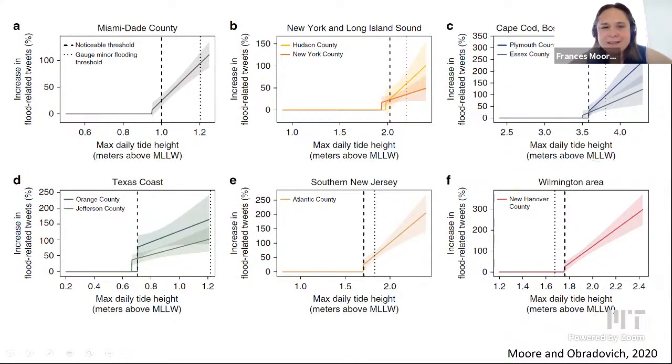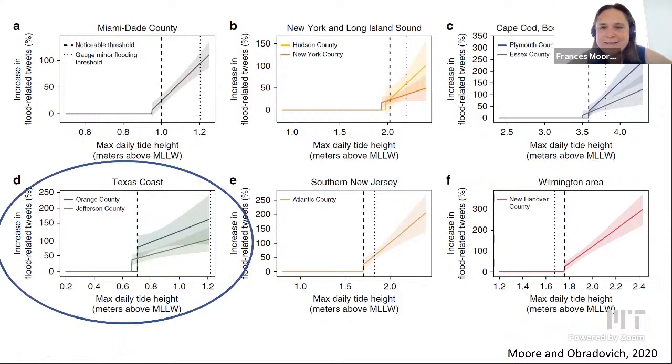The final case study that I want to talk about is the Texas coast example. What's interesting for these counties is that, again, we've pulled out a cluster, right? We've identified a couple of neighboring counties where we identify flooding happening frequently. And what's going on in these counties, at this tide gauge in our entire record, is there is never a tide height that exceeds the flooding threshold, right? You can see that the flood threshold sits outside this range, which is the observed range of tide heights.